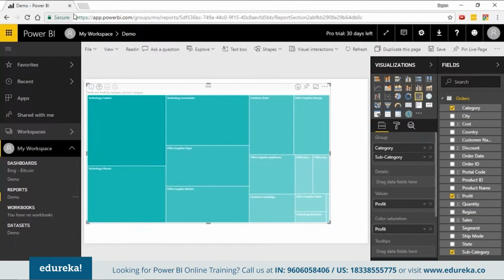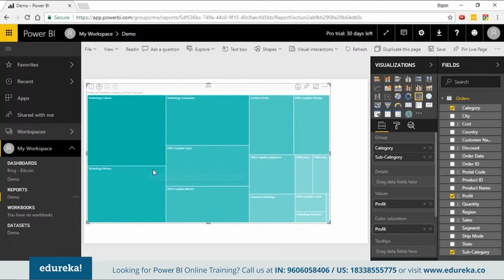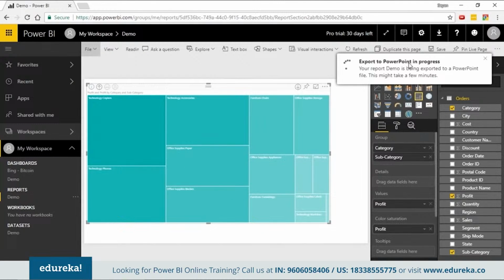Now that you have saved the report, you can go ahead and download a copy of the report to your local machine. Very useful feature. You can download it here. You can also export this to PowerPoint, in preview. Another very useful feature in the service. Remember, it won't be an interactive presentation, obviously, but you'll still get a pretty cool view: an introductory page will be created and the visuals will be there. It's a pretty decent interface that you get.